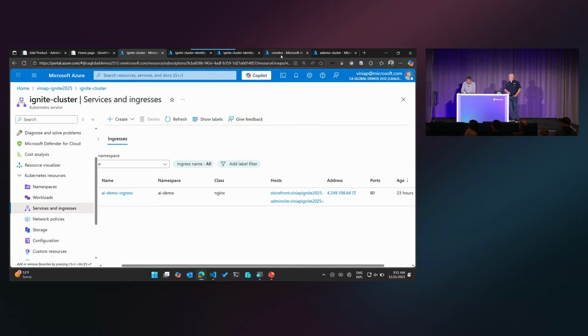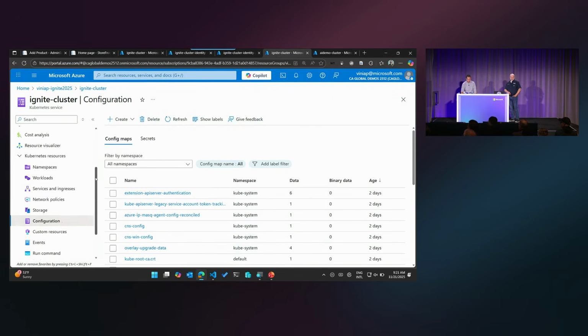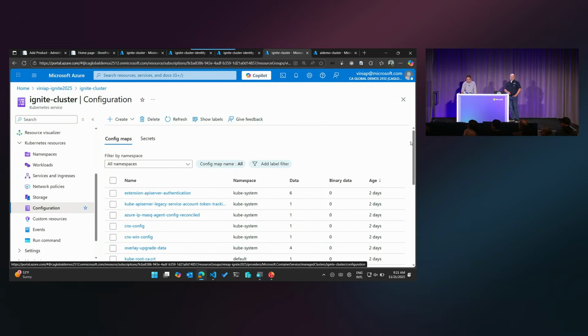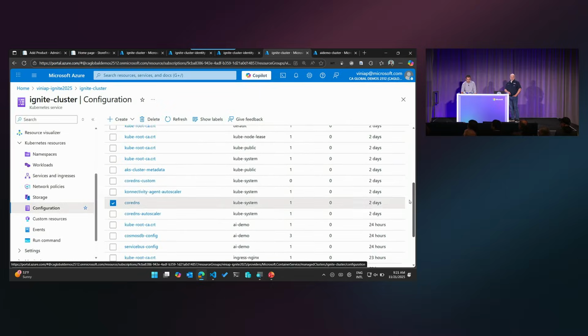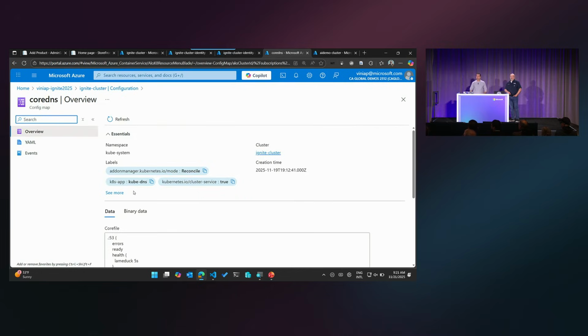If I go to this cluster, essentially I'm looking at the cluster configuration here. On the left-hand side, I'm looking at everything that is deployed to this cluster as a configuration. One of the things that I have is core DNS. How many of you in the past have configured a DNS forwarder? Right? Everybody. So if I go to a domain, I go to the DNS server, I add a forwarder saying everything for this domain, go talk to this DNS server because it might not be publicly available, it might be a private zone or something like that. Well, you can do that.